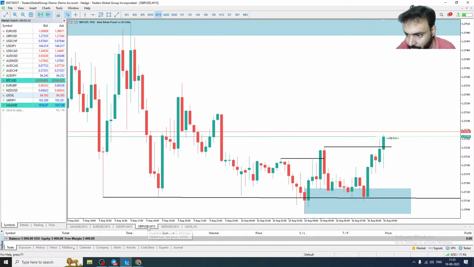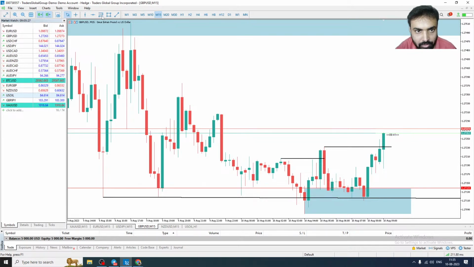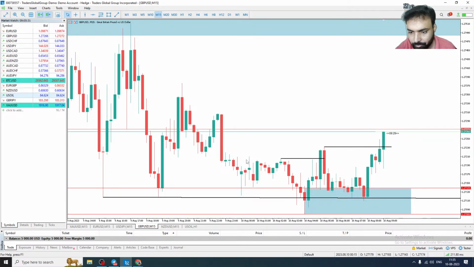What happened to GBP/USD? GBP/USD is going up, right? Great. So what can we do now? We'll put a buy entry here and put the stop loss here because it's 55 points, right? So I'm going to put a line here. This is my buy entry. This is my stop loss. Okay, 55 point stop loss.